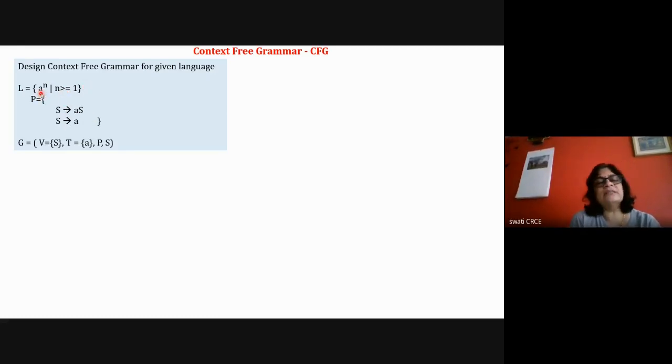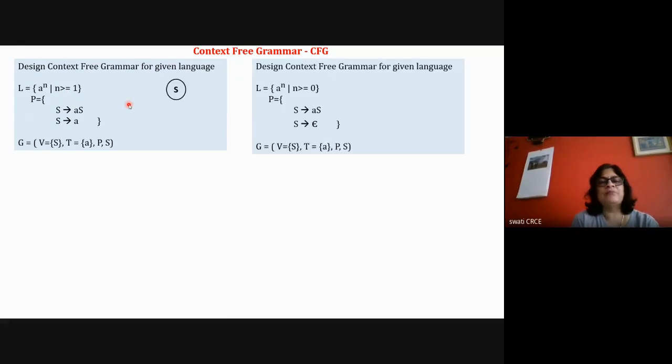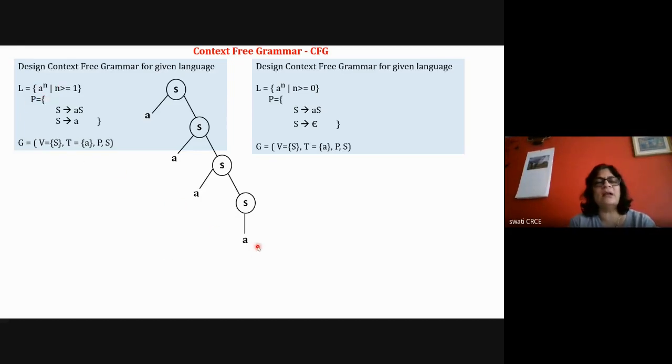So here a is generated multiple times. You need to have a parse tree like this, where a is generated, then again a is generated, and a is generated. This process is repeated, and to stop the recursion, because n is greater than or equal to 1, you say that this is the last one. So here a is generated; this parse tree is for 4 a's. So here you say that S is equal to aS. So it is recursion. S will generate a and S, then again you can use the same variable.